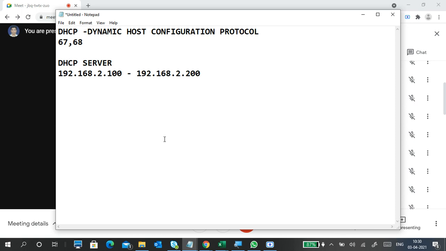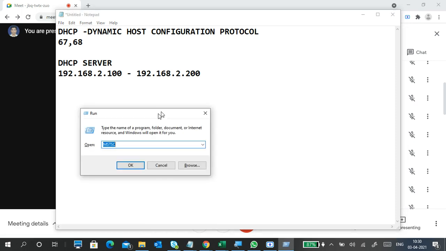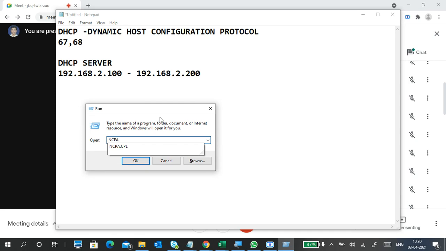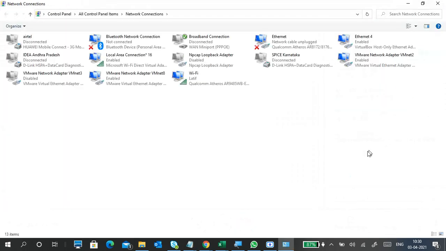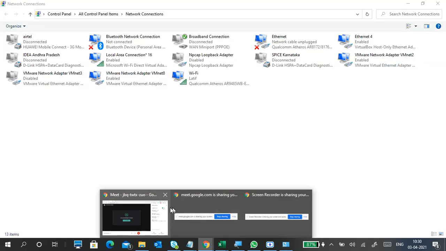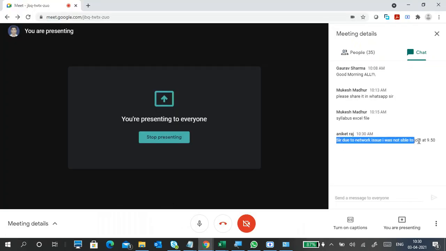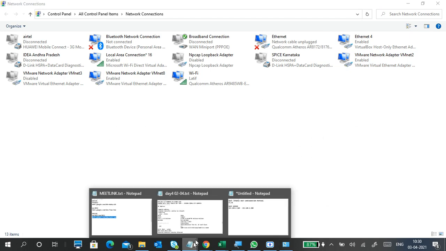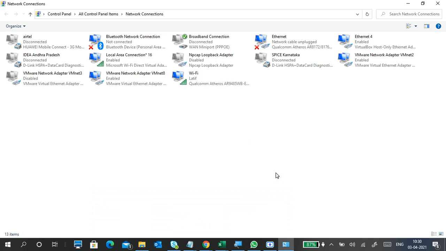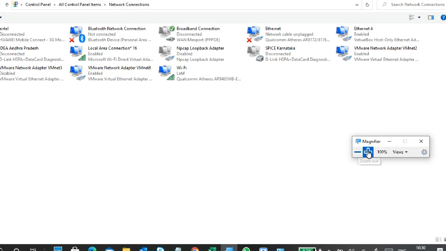Next, I'm going to ncpa.cpl. So this is my network adapters.